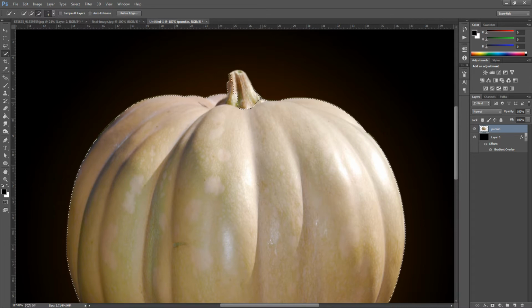So something around about there. Obviously you can go around with the pen tool if you need to. You can click the plus if it does go over, around about there, and keep going with the minus about there, and go for the plus again. So I'm just doing this very quickly.